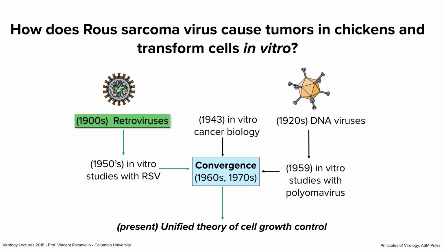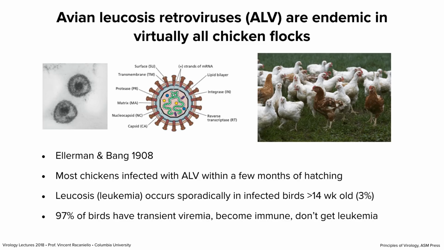We'll start with the RNA tumor viruses and address the question, how does Rous sarcoma virus cause tumors? I should say, how does it transform cells and cause tumors in chickens? And again, that was started with the discovery of Peyton Rous in 1909. Now we need to know a little bit about chickens. And one fact is that